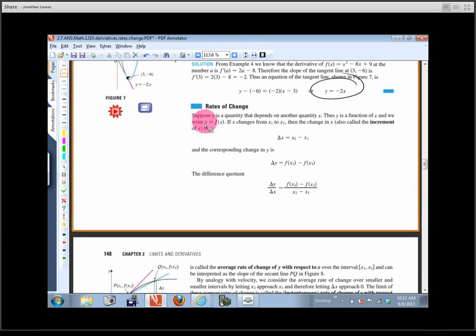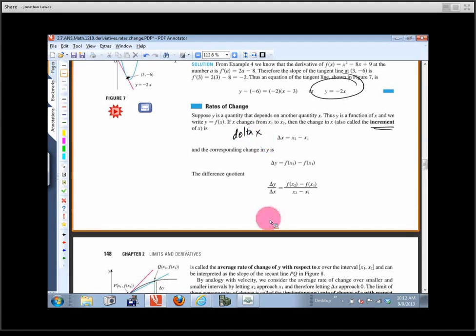So here's this, and I'll go ahead and read this. It says, suppose y is a quantity that depends on another quantity x. Y is a function of x, basically. Thus, y is a function of x, and we write y equals f of x. Okay? If x changes from x1 to x2, then the change in x, also called an increment, okay? This is going to come up again, but the increment for x is how much the x coordinates change, okay? So we call this delta x,